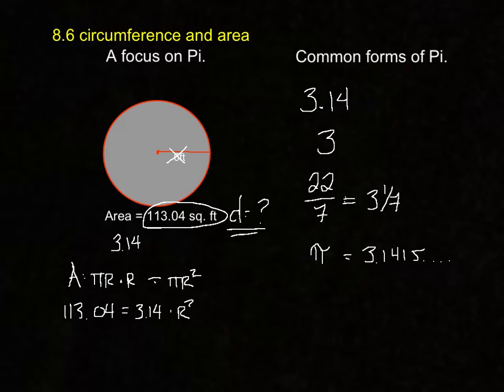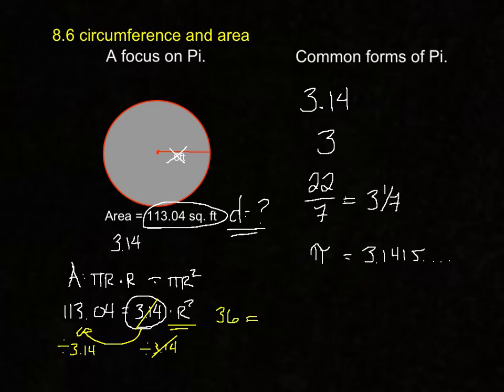If I know this, then I can isolate my r squared here and move this over. If I bring it over to the other side, I have to use its inverse operation, which means to divide. So I'm going to divide both sides by 3.14. These are going to cancel, and then I have 113.4 divided by 3.14. If you do the math, we actually get 36